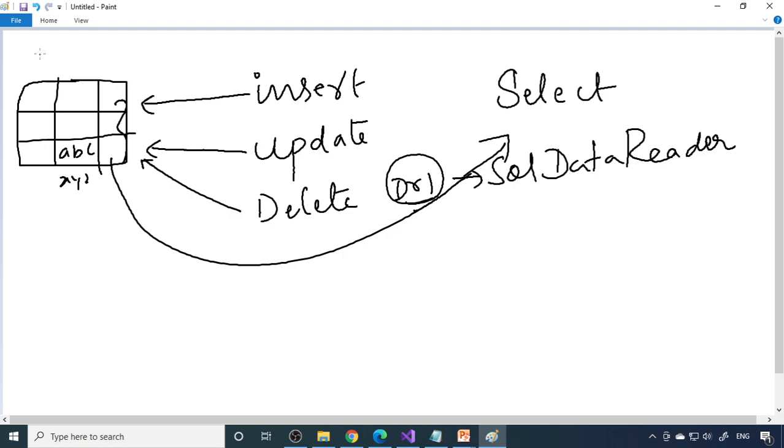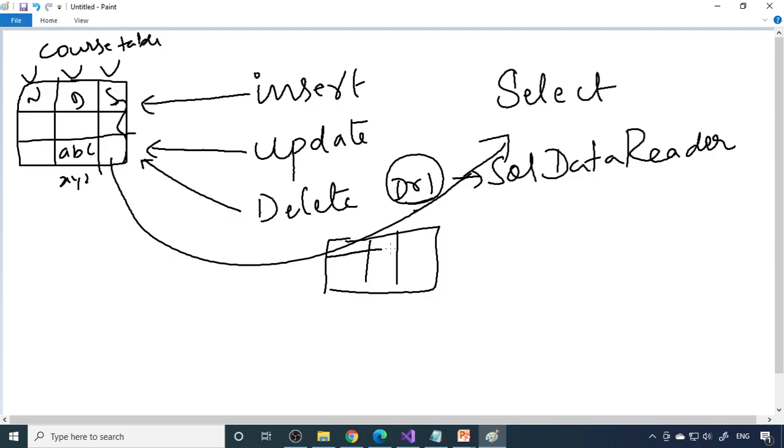In our case it is a course table. In this we have course name, details and the semesters. When the data comes, what is the data type? Here is a varchar, here is a varchar, here is a varchar. Therefore this dr1 will create the same set of data types and have the same number of columns and rows. Whatever data comes, it can temporarily hold here in a SQL data reader. That is the advantage of SQL data reader.